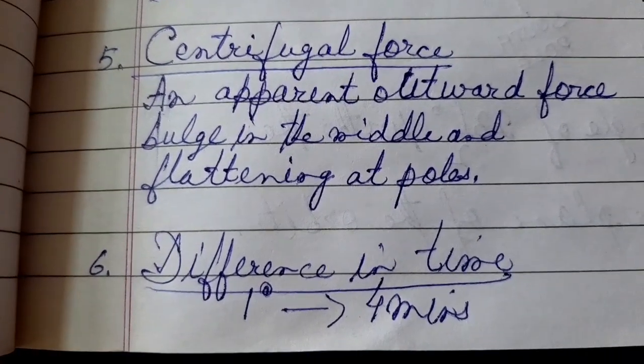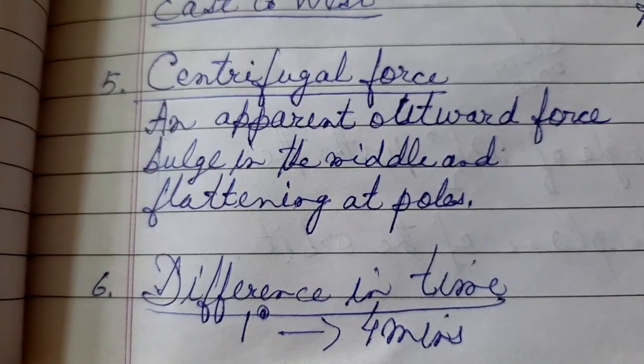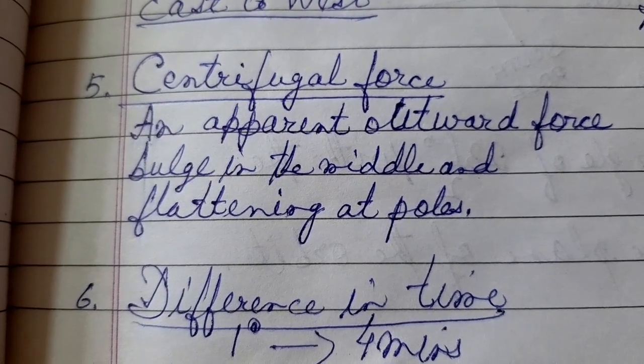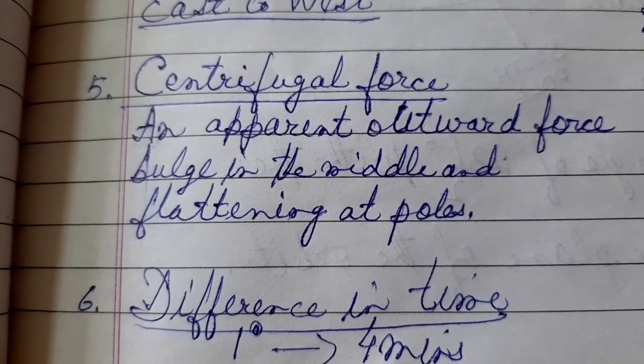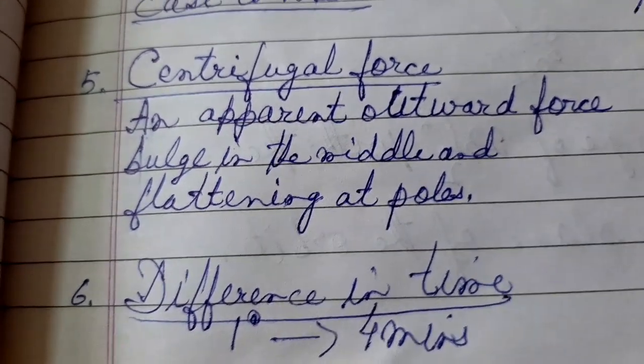Next, another effect of rotation is difference in time, and this we have done in the previous chapter called geographic grid. The difference in time is in terms of longitude. For every degree of longitude, the time varies by 4 minutes. Moving on to the next effect,